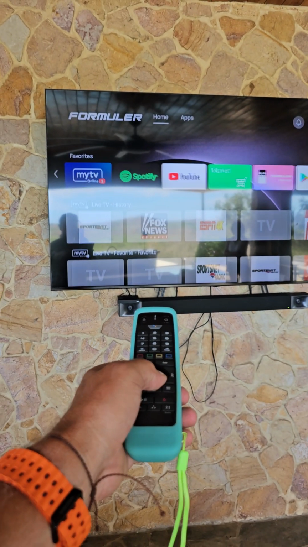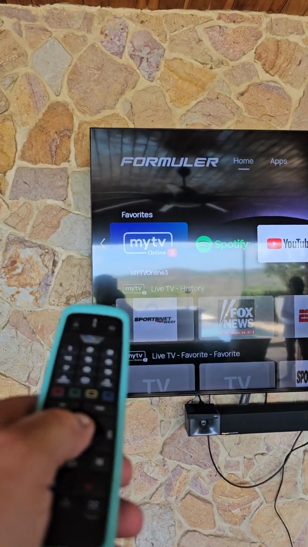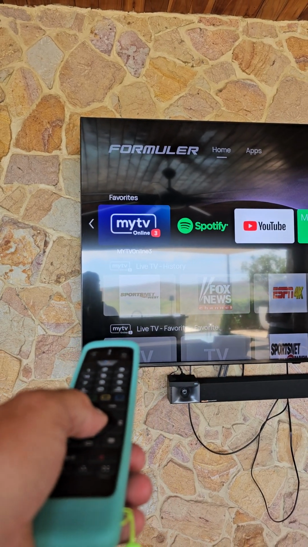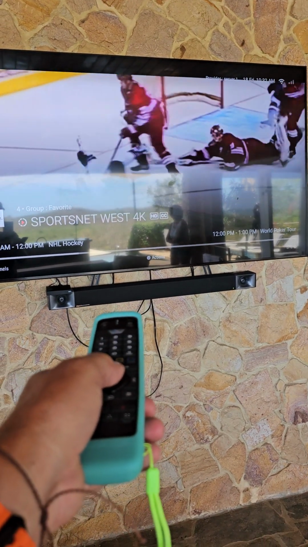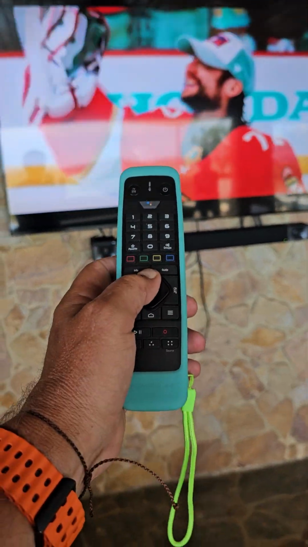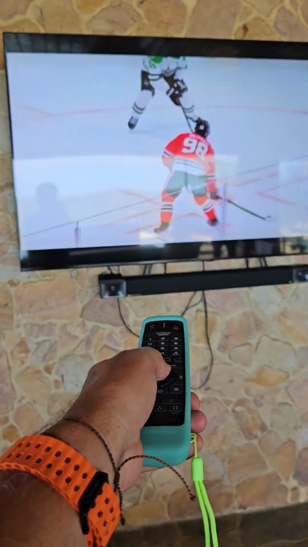Or you go back to My TV, which is the blue thing. Go back to where you're watching, and then you push up on the toggle,